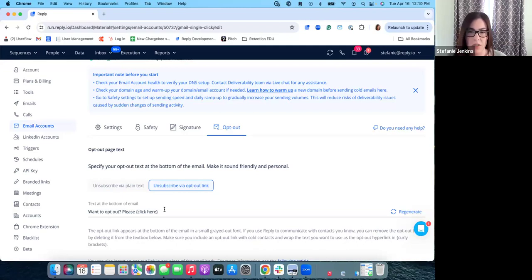The plain text option, absolutely, when you are creating these very highly personalized emails, it does add to that personalization, because if you're creating an email where you want that contact to think that you sat there and typed it out just for them, if they scroll down and see an unsubscribe link, they're going to think, oh, this is part of a mailing list, right? So that does add to the